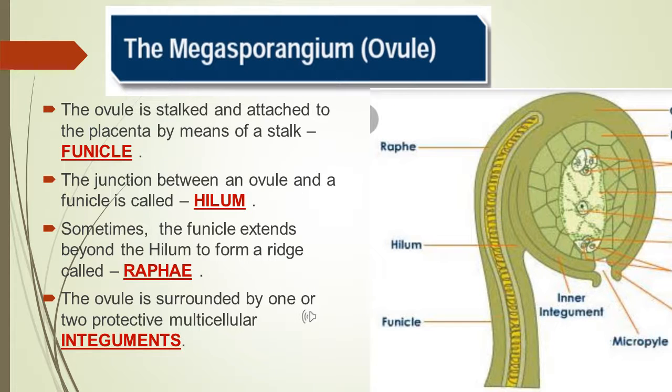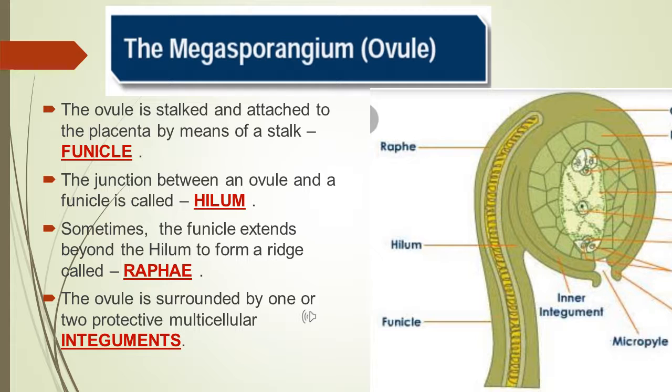So now, after discussing the structure of a carpel or gynoecium, have a look at one of the main topics of this chapter, that is the structure of the ovule, or we can say the megasporangium. As the diagram shows, the ovule is attached to the placenta by a stalk called the funicle. The point of attachment of the body of the ovule with the funicle, or the junction between ovule and funicle, is called the hilum. The portion of the funicle that is united to the ovule wall, commonly visible as a line or ridge on a seed coat, is called the raphe. It may be an outgrowth.